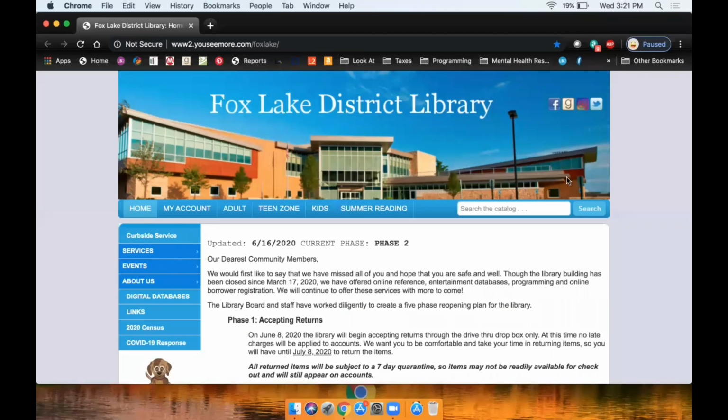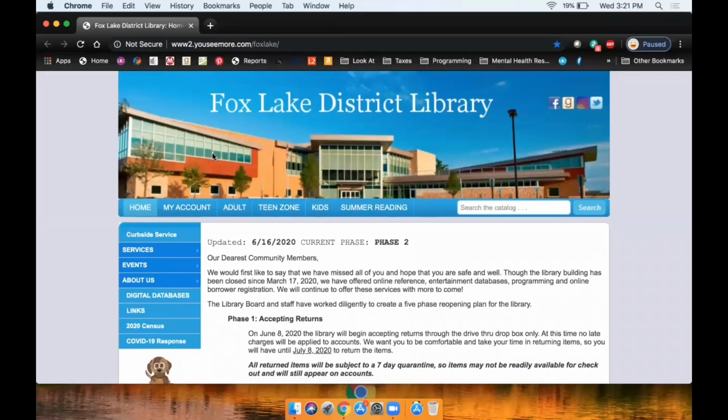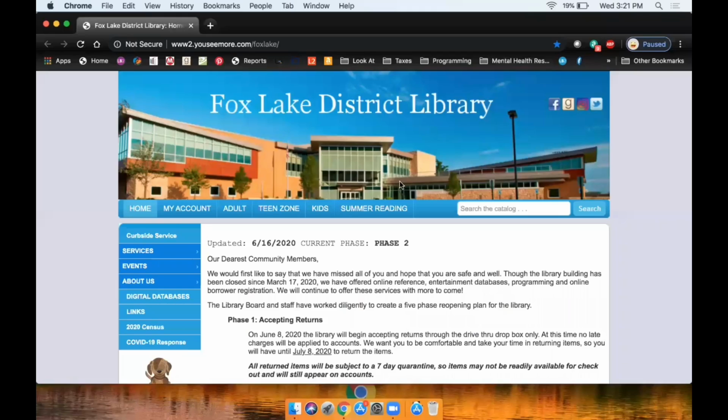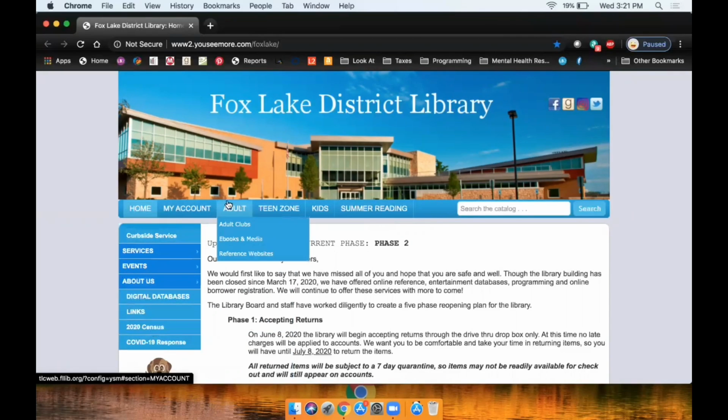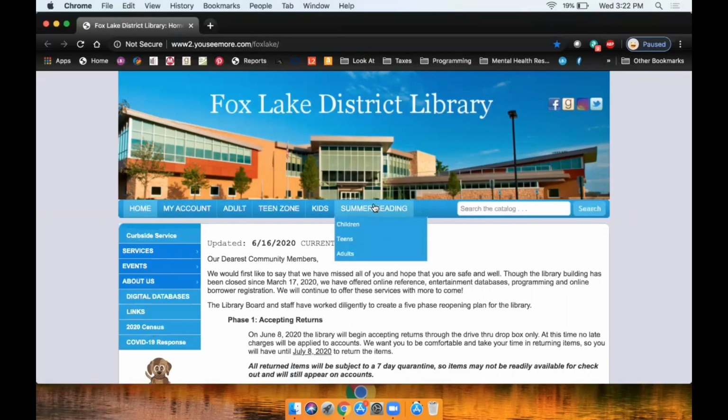So, before we begin, we just have to make sure that we are on the Fox Lake District Library homepage. All you have to do is type Fox Lake District Library in your search engine, and you will see our website, and you just give it a click. Okay, so now we have our sidebar here, which is all of our services, and across the middle of your screen we have the summer reading tab. So we just click that,